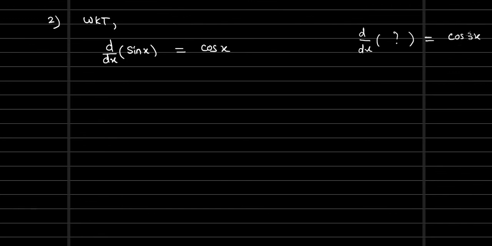But what we have here? Cos 3 times of x. So that means if we have sin 3 times of x only, it's possible to get cos 3 times of x. So wherever we have x, we are going to write it as a 3x. So sin 3x equal to cos 3x. And we'll cross verify now.